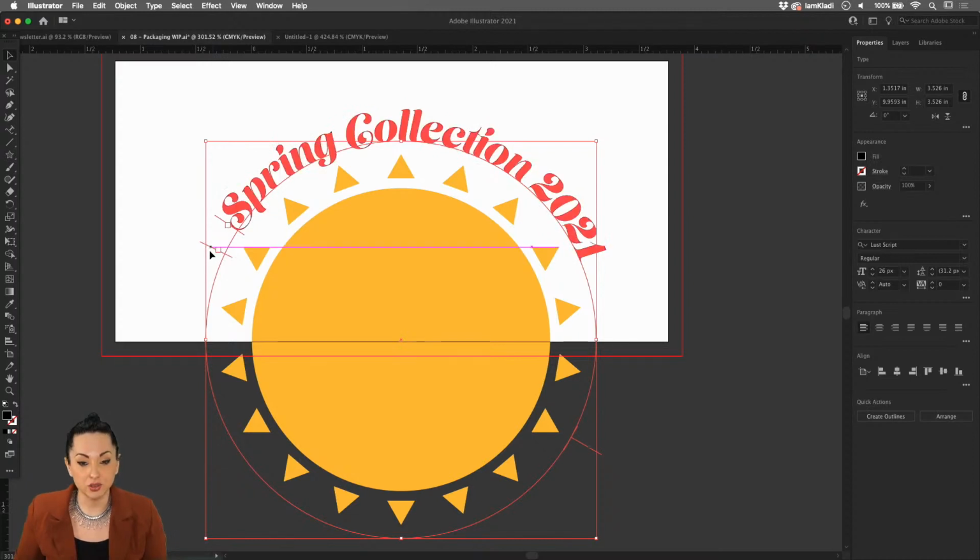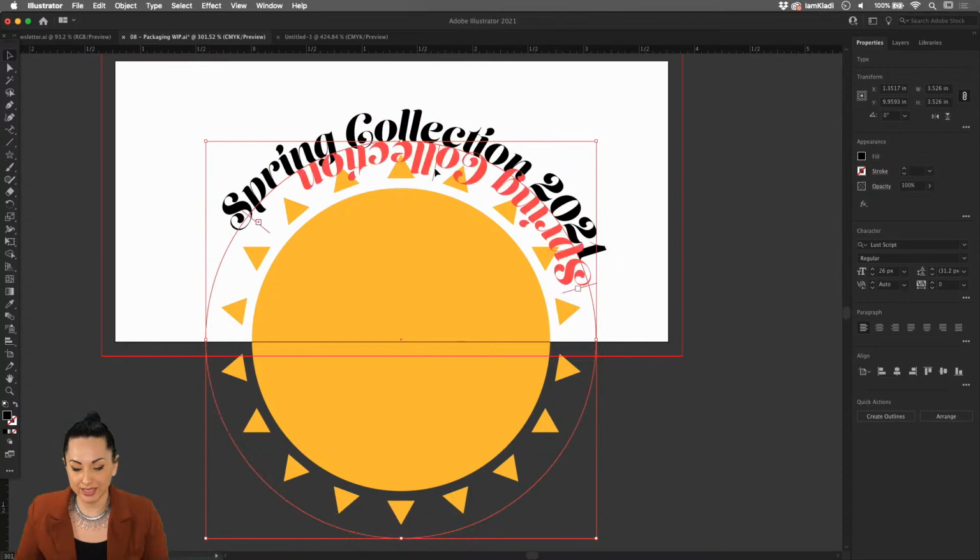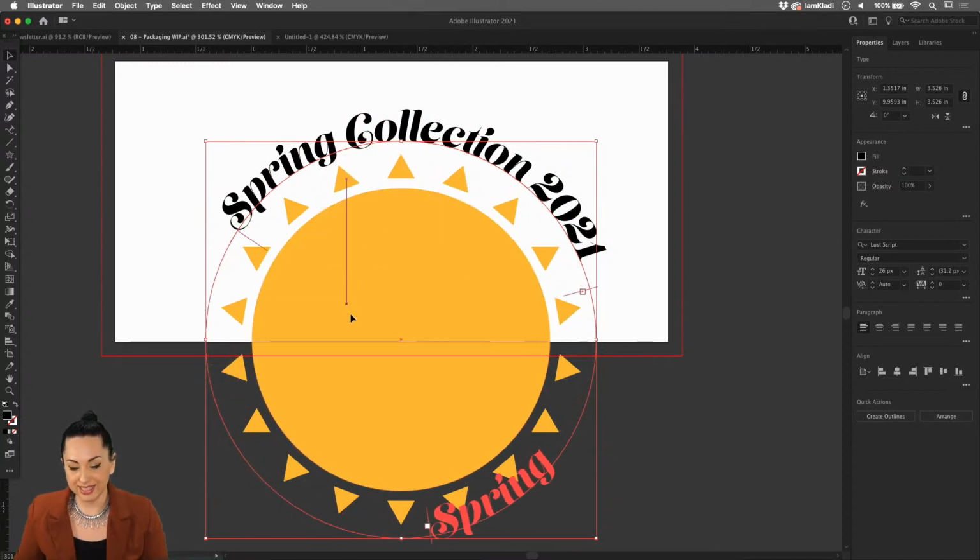Once you're done typing your text, you want to make sure that you're really precise in placing your starting and ending point, because by doing so, you will have this pointer, the bracket that sits in the middle, that will allow you to rotate the text and actually center it. And look what happened. You can also drag it inwards if you perhaps wanted to move your text inside the